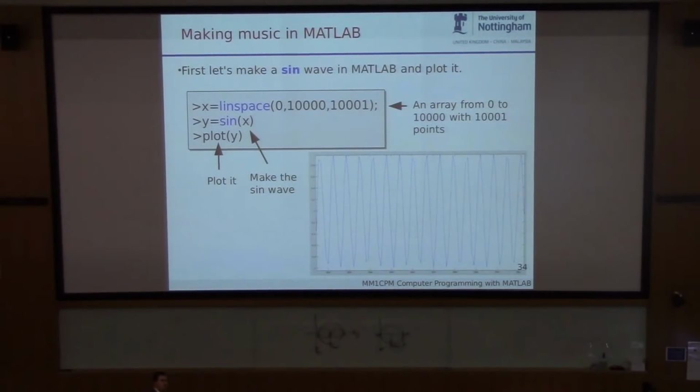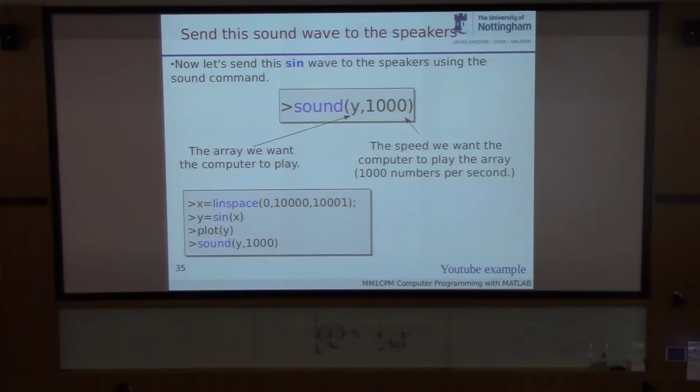And you might say that's a bit of a weird number, but I've chosen these numbers to basically make it audible to the human ear. Then we're going to take the sine of this array, and then we're going to plot it. And we'll get something that looks a bit like that. And then, to send it to the sound card of the computer, we just use the sound command. And what the sound command does is it sends this sine wave that we've generated here